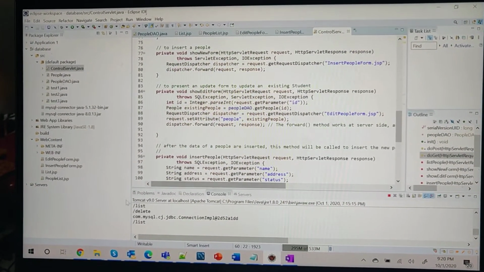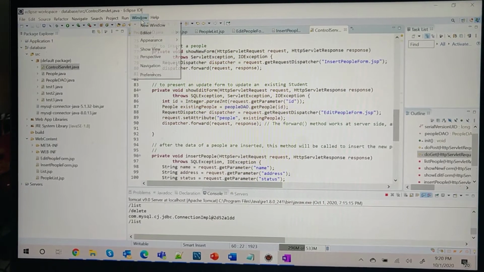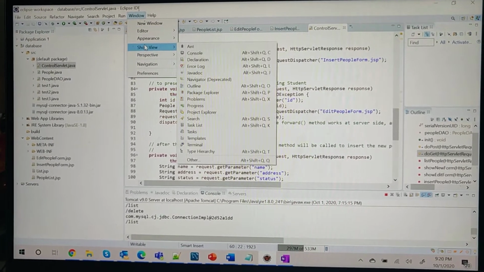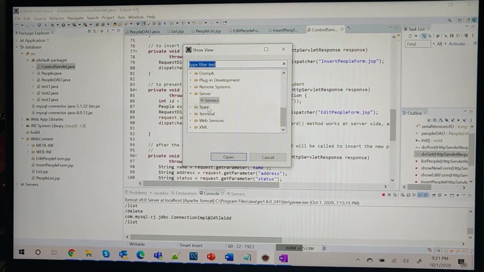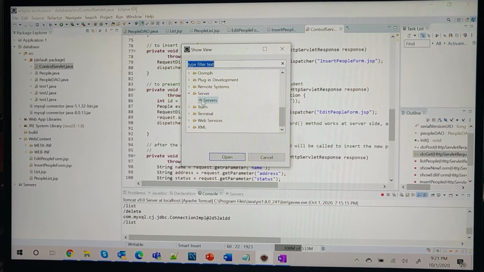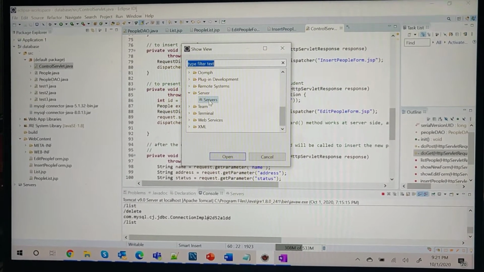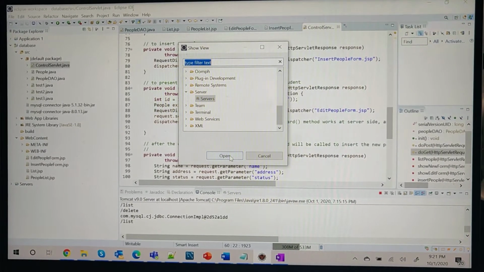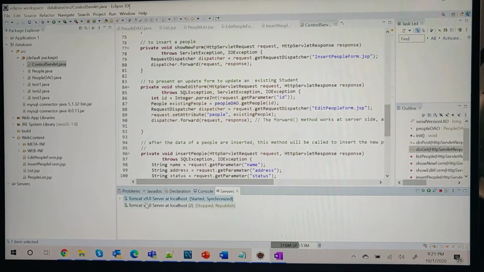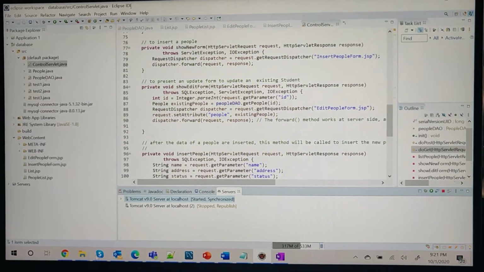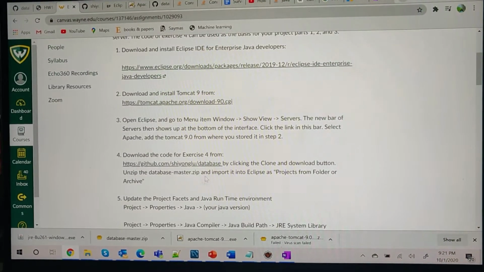Eclipse workspace. For that, I have to go to Window, Show View, then Other, and I have added Servers from here. If I click it open, it shows that I have added the server here. Okay,